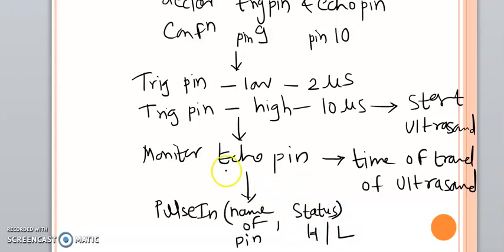In this case, we need to monitor the echo pin for its high status. So the statement is pulseIn(echoPin, HIGH).